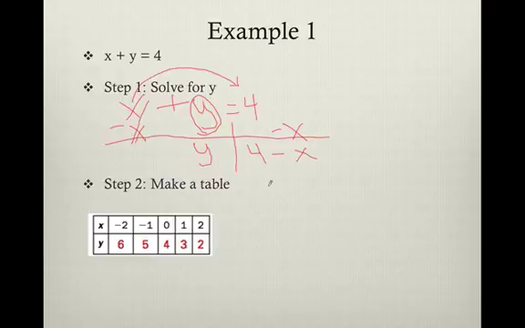Now I make a table. To make a table, I come up with x values. These x values are chosen by you. Now, for the majority of questions, I choose the same 5 values: -2, -1, 0, 1, and 2. I adjust these as I see fit for certain equations, and we will see examples of that this year, and I will explain that as that comes across. So I have y equals 4 minus x,